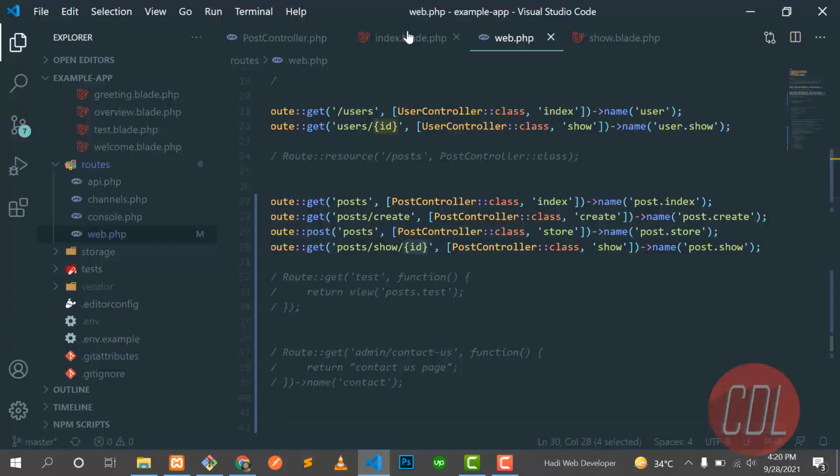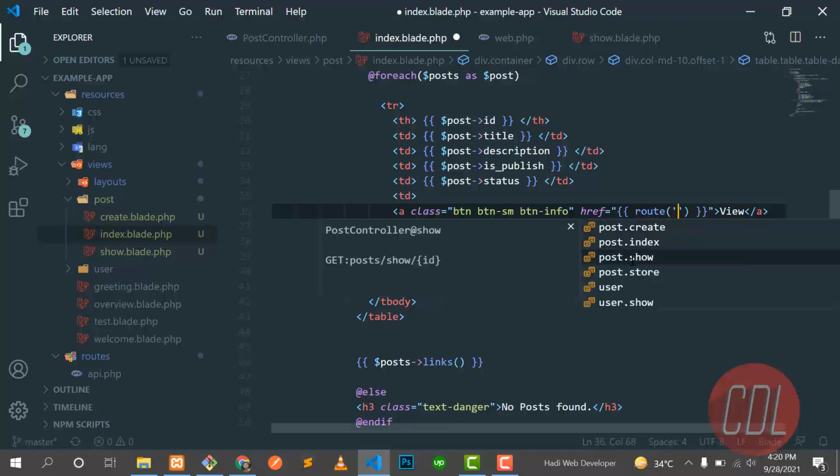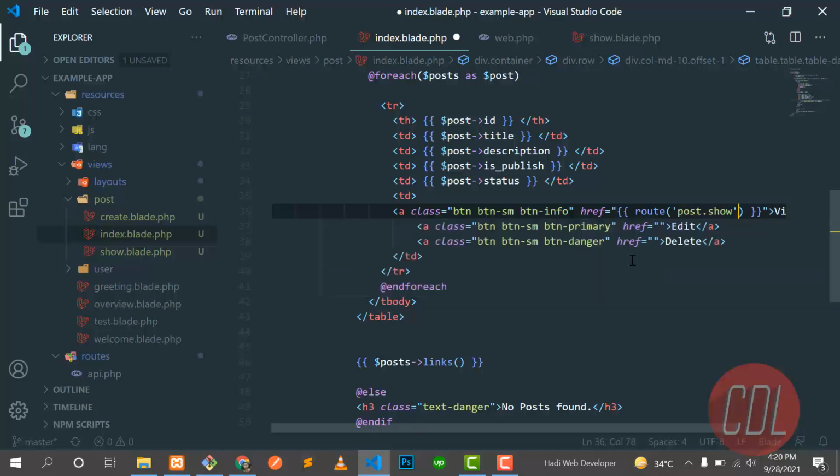So let's go here and type the mustache sign, and here you need to define your route or url, and I am typing route. My route name is post.show, and how can I pass the second parameter of id? Let's put a comma here, and then you need to type id.